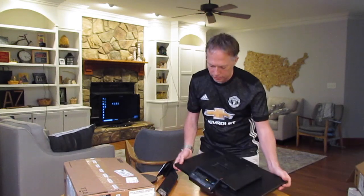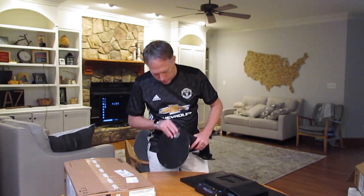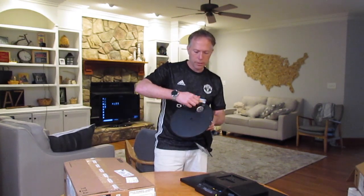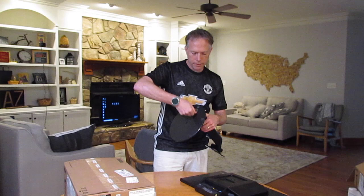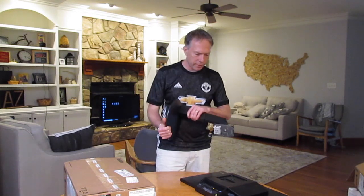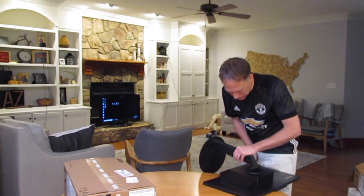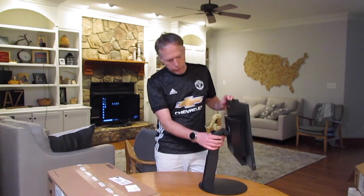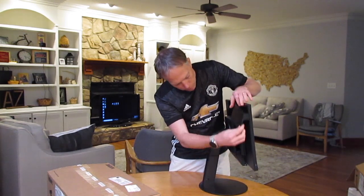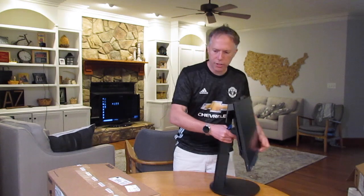So very quick installation. The monitor screws into the base. It's got a handy screw-in technology here. No tools required. Great. And then the stand just quickly pops on the bottom of the monitor, like this. Boom. And we're good to go on the monitor. So really simple setup, as you can see, very quickly. And then we're going to have the door here that's going to pop open to see the Tiny's going to pop into there. But now for the real star of the show, let's get to the